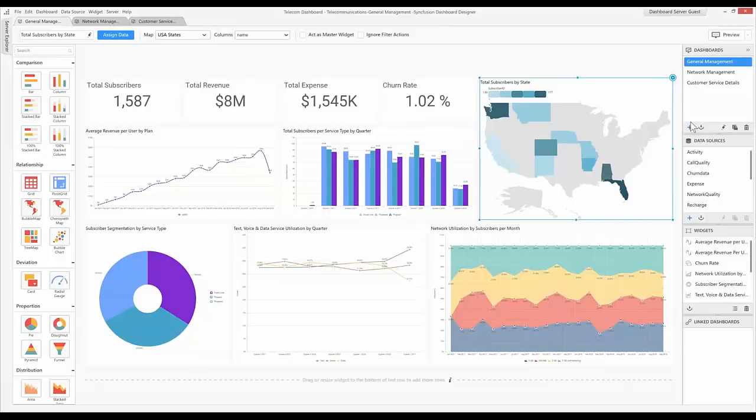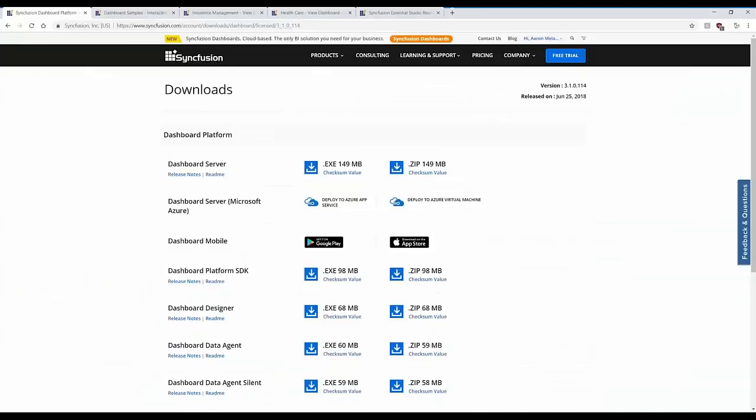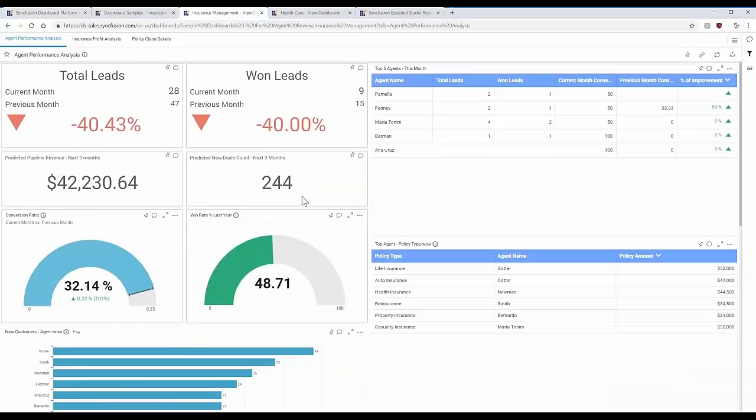And so you can do that using this box by clicking the plus sign, or if you look at the bottom of the canvas here, you can also see that we have the ability to add additional widgets to an existing dashboard by simply dragging a new widget to the bottom of the screen, and that will allow you to create a scrolling dashboard. So I'm going to quickly pop over to my browser here to show you an example